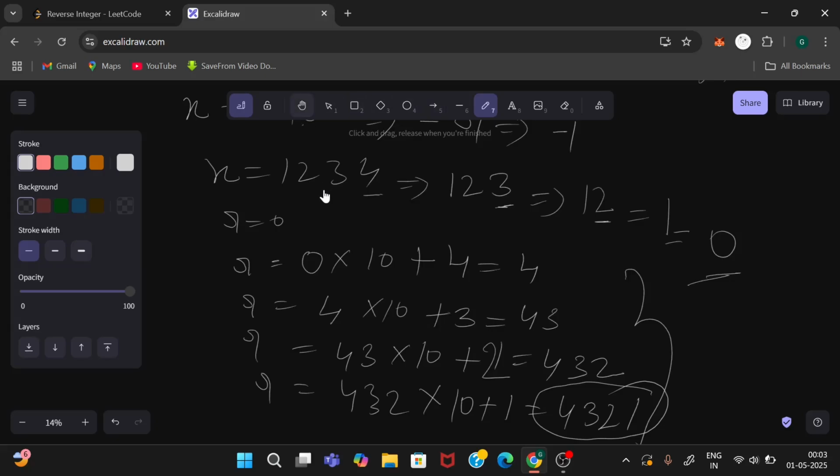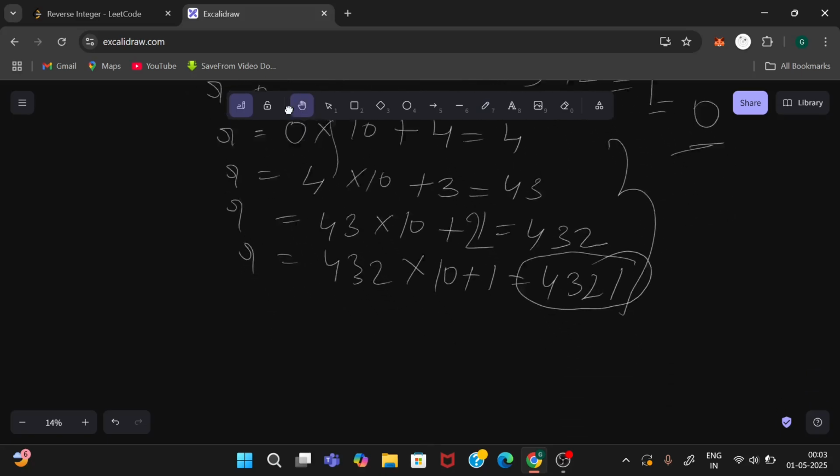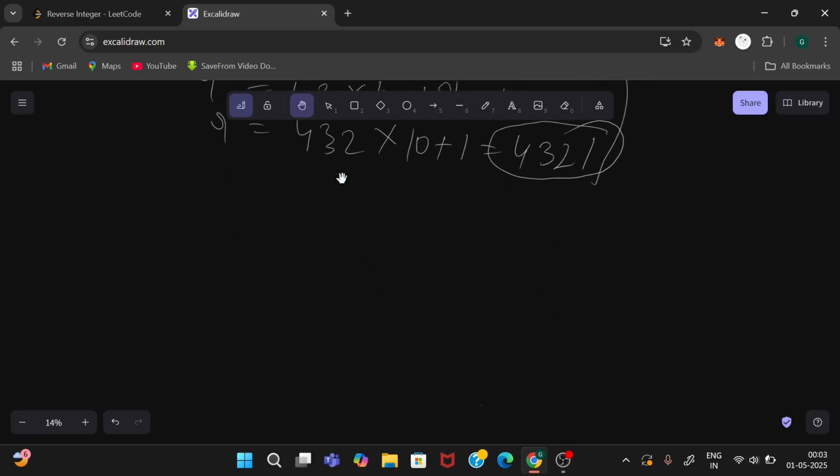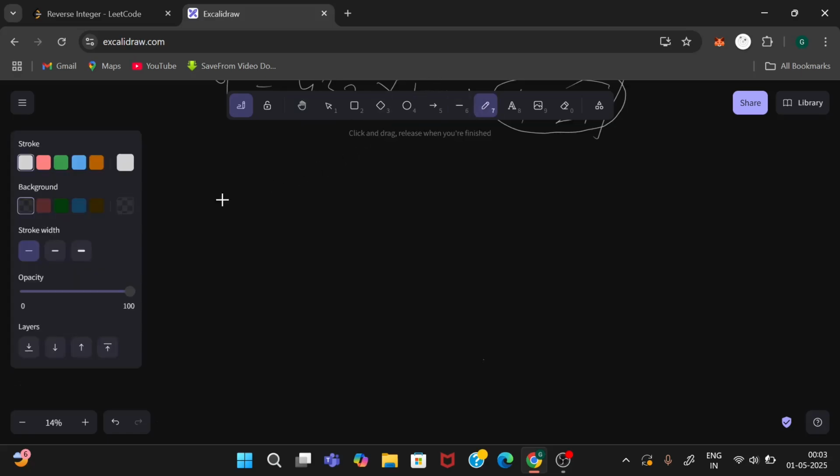So let's code it. Our code will look like this, and after that we will run it. We have to return an int. We are given integer x.